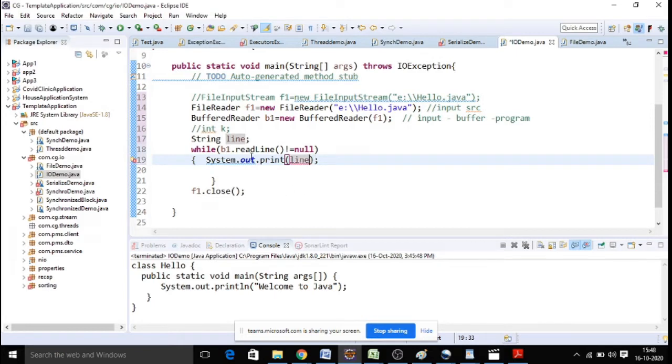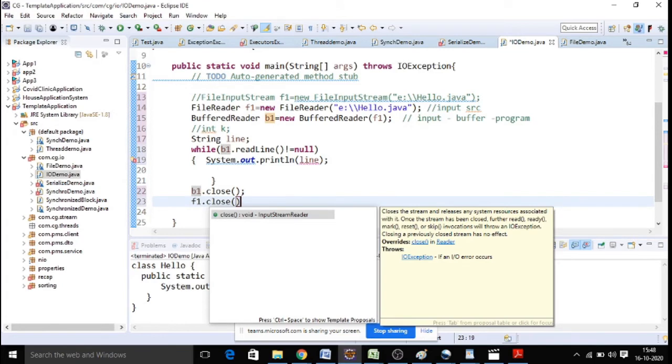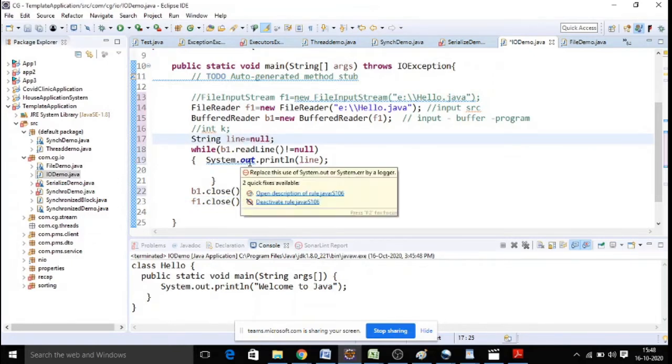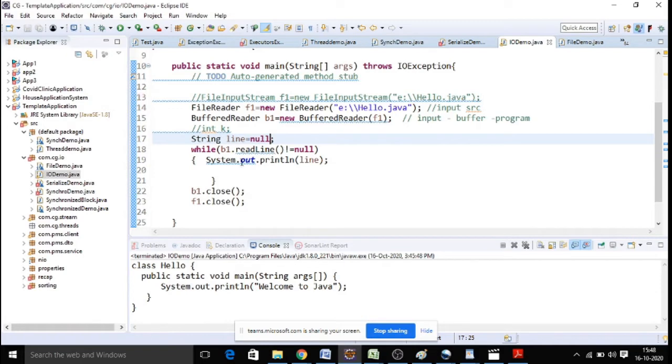So we are able to print that line, and then we can close the objects we are using. So b1.close and then f1.close. Alright, so here is line equal to, first you need to initialize and then save it, and then you can run it.